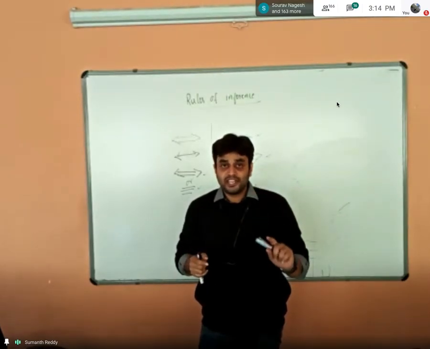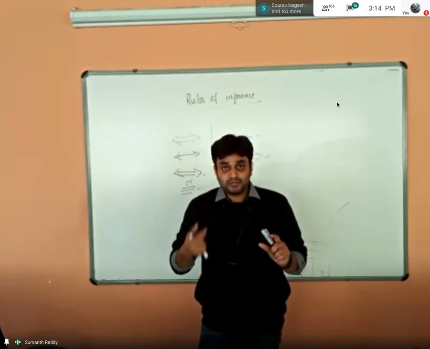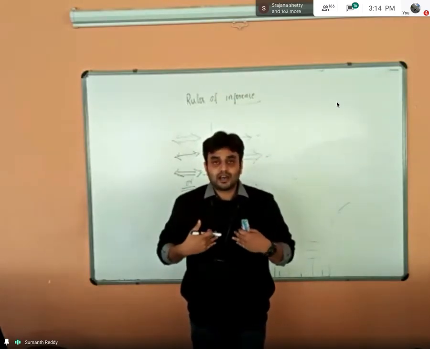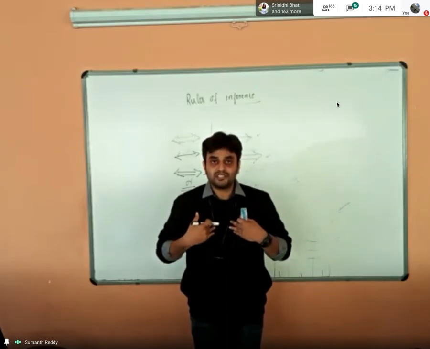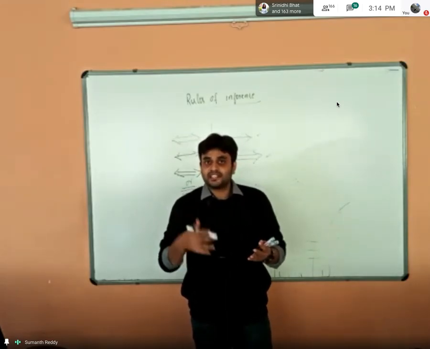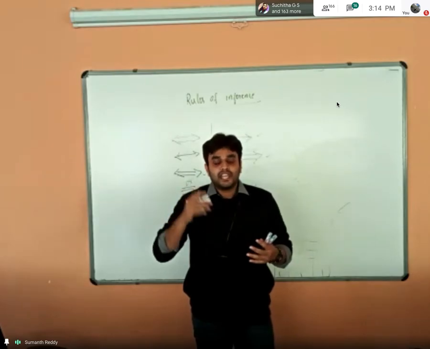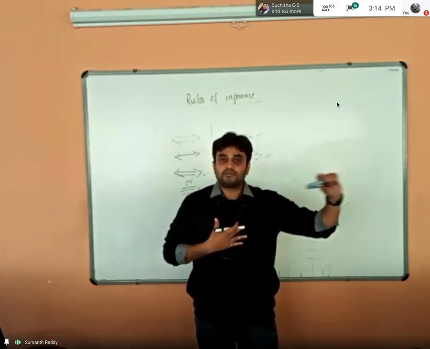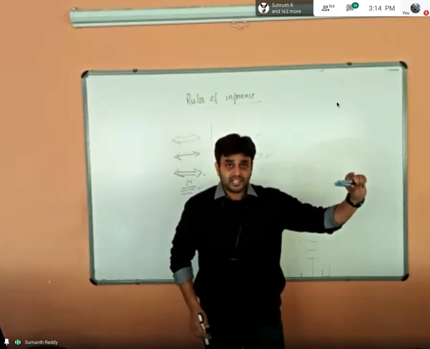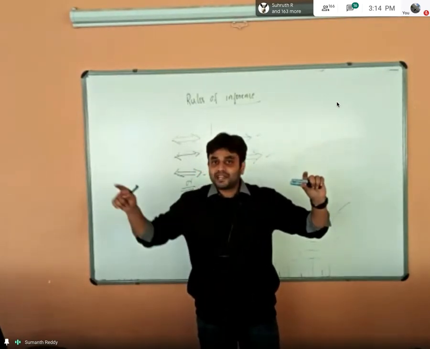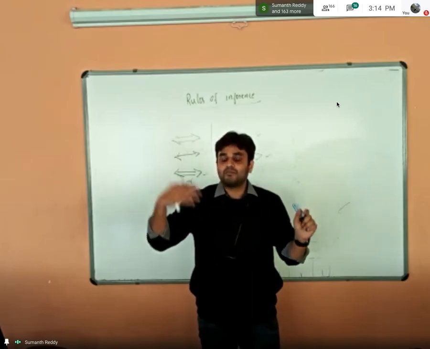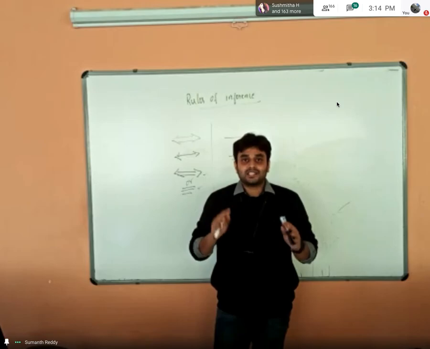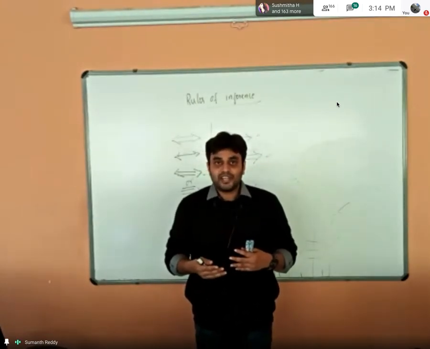So the students must be willing, and also the parents must be willing. If any of these conditions fails, assume that this is the argument that is made by me: if students are willing and if parents are willing, then the classes will start. In order to check the truth of my argument, you need to check both the parts. If the students are willing and also parents are willing, and the classes are not commencing, then you have to come and ask, oh, Suman sir, whatever you have told is wrong. Then you can argue. Otherwise, whatever argument I have made is valid only.